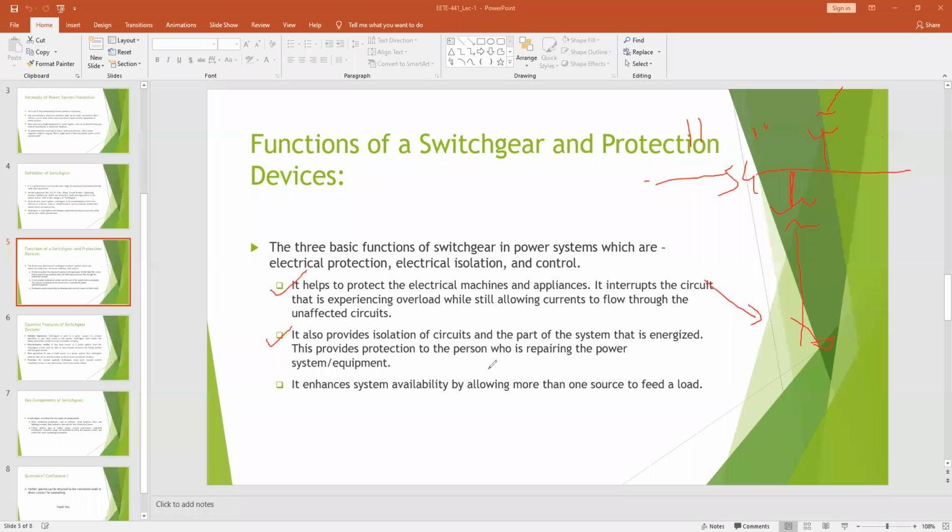First of all, electrical isolation at the faulty section is done for the safety of the equipment associated with that particular zone. And the second one is that during faulty situations, isolation is a must because the clearance of the fault has to be done by the maintenance people, and for the safety of the maintenance people's lives, that particular portion of the power system should be isolated. Okay, understood?